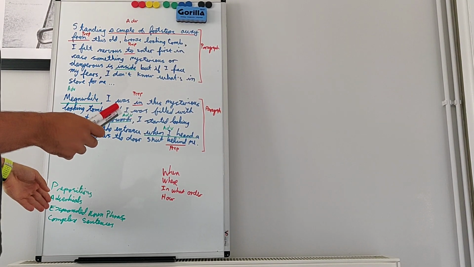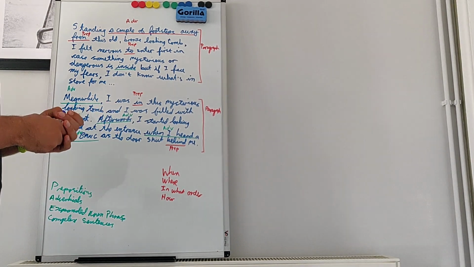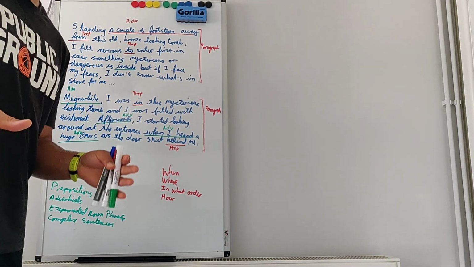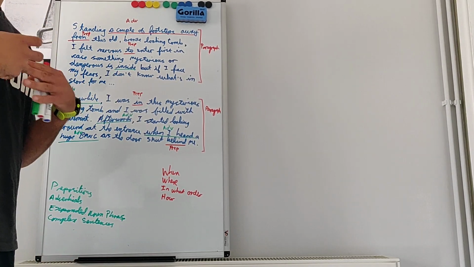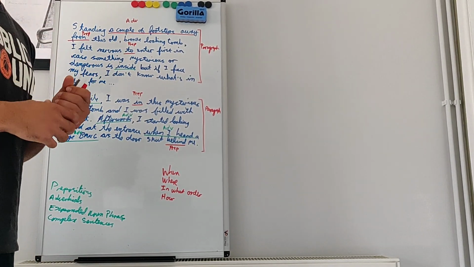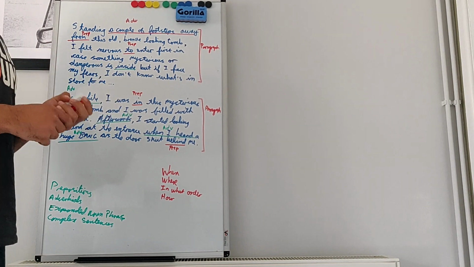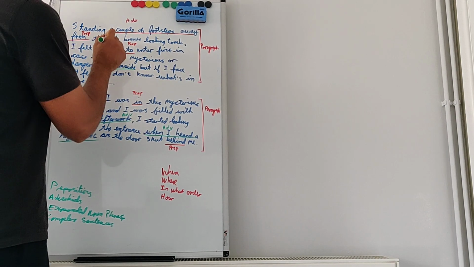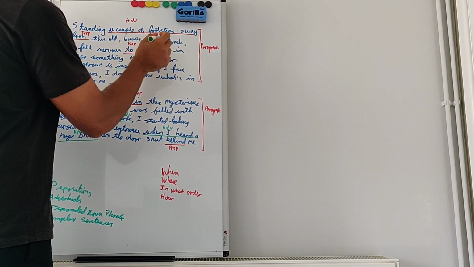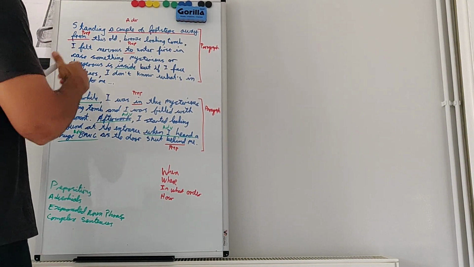Now we're going to go to expanded noun phrases. Now expanded noun phrases is something that we have done quite a bit, and expanded noun phrases, they help us to create more vivid, detailed descriptions. So for example, let's just look at here. Old bronze looking tomb. So if we just were to say